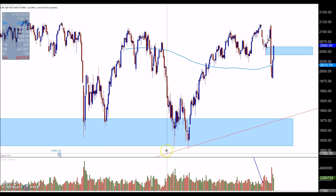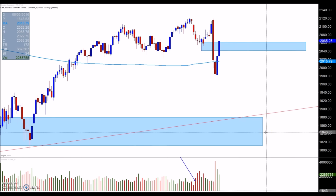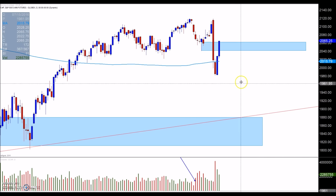Big day for the ES. Continue follow through. We spoke about the levels, and we have them right here. We talked about 2048 yesterday and 2059.50. So we're very close to that level right now. We're actually at 2065, so they've gotten above that about 3-4 points. And we'll look at where they go and if we're going to have the third